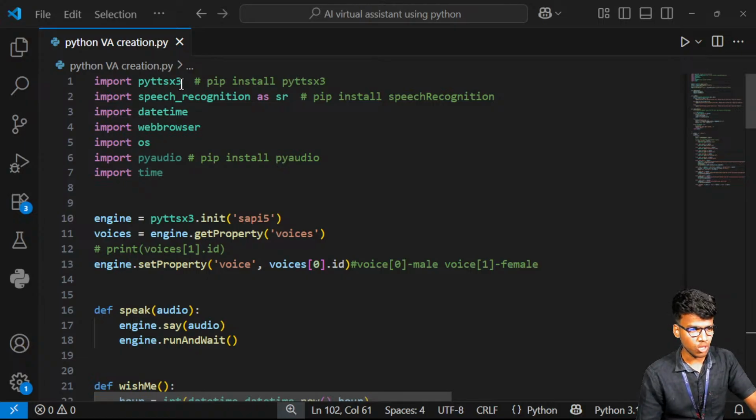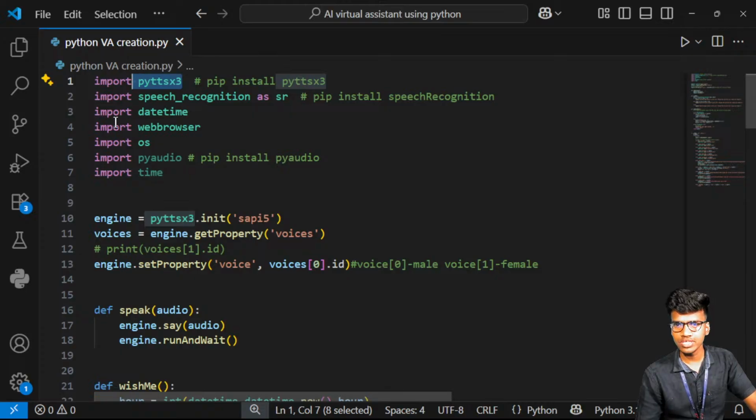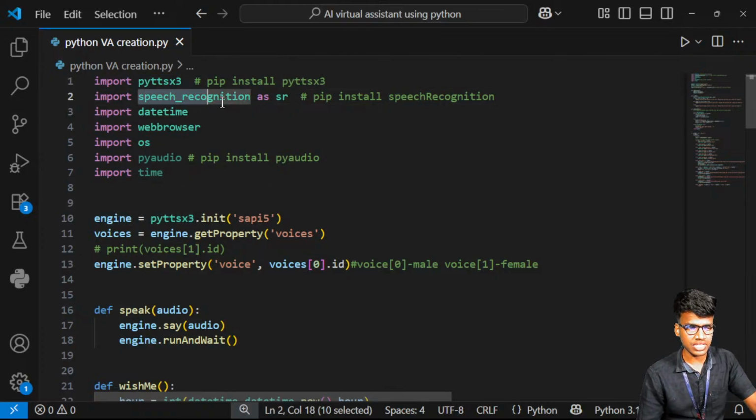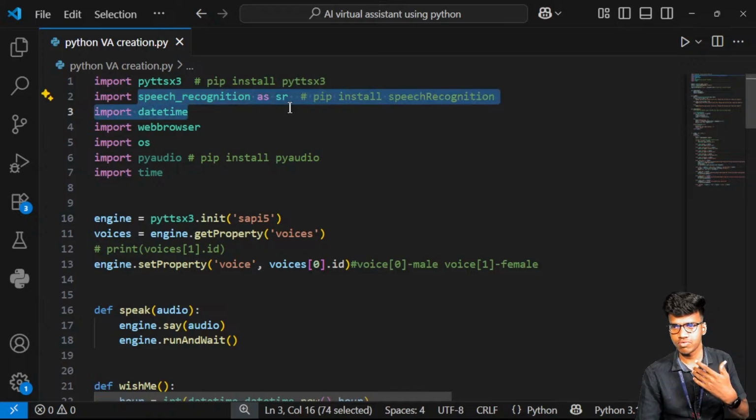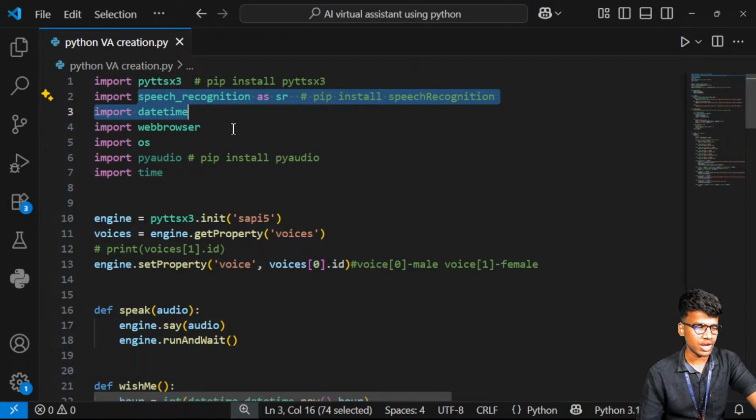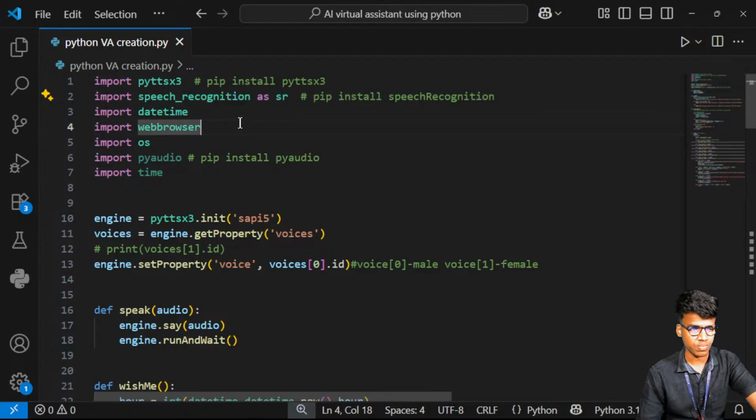Pyttsx3 helps to generate the voice for our system. Then speech recognition is for understanding the words from the user. The system has to understand my words, that's why I'm using speech recognition. And import datetime is to get the current date and the current time.